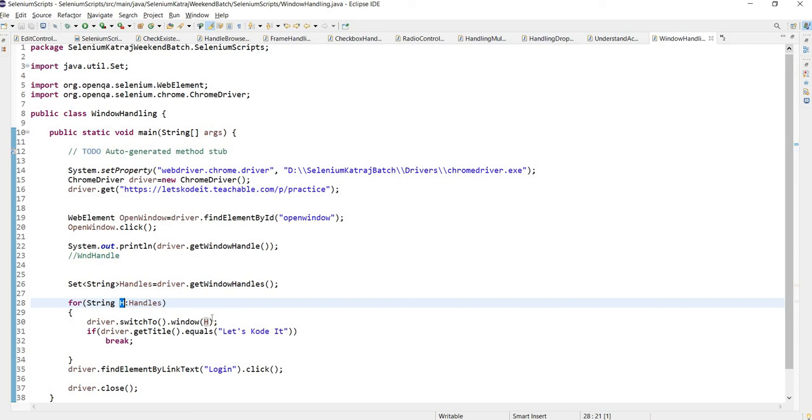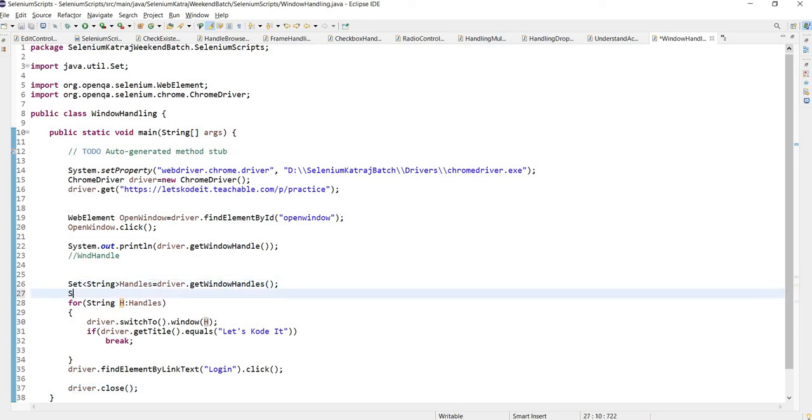That's why it's not possible for us to go back to the original window. So we will define one string array here, String ARR handles